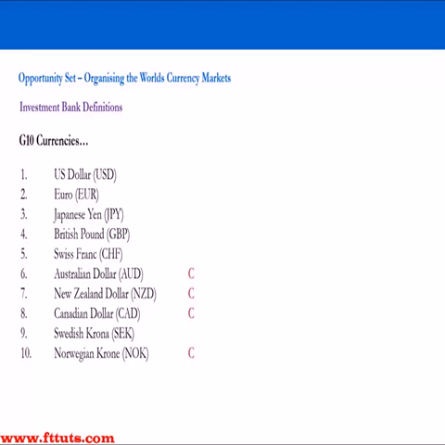So you might think here, for example, why are we looking at investment bank definitions? Well, investment banks are really institutional brokers. They do business with hedge funds and pension funds, mainly on the secondary market side. And in the Forex markets, their clients, the hedge funds and the pension funds, trade currencies via the investment bank and pay a spread or commission on all of the currency pairs that they trade.